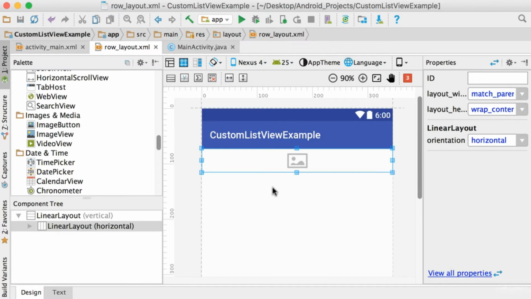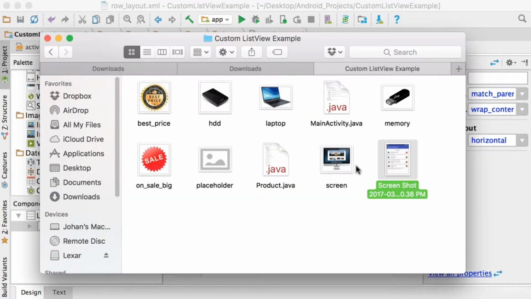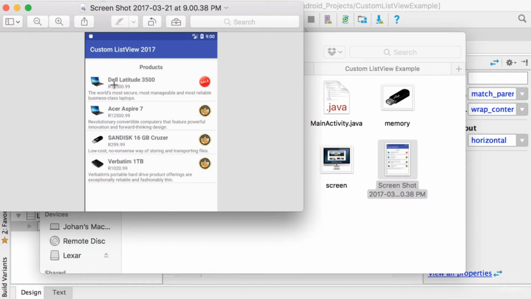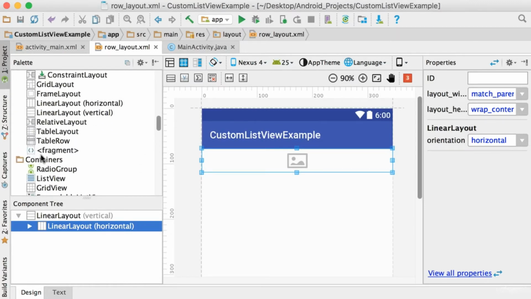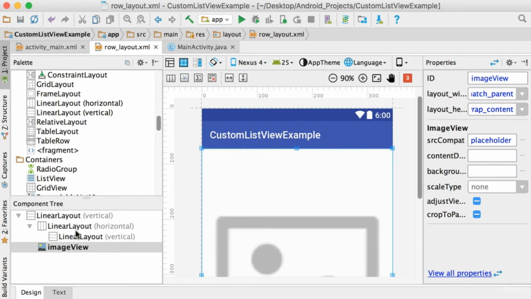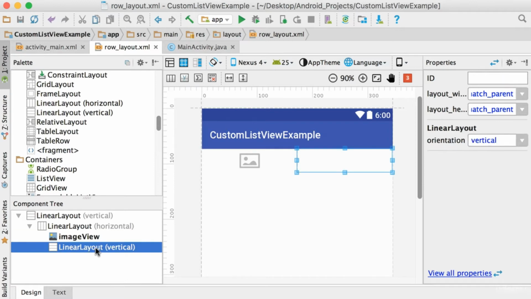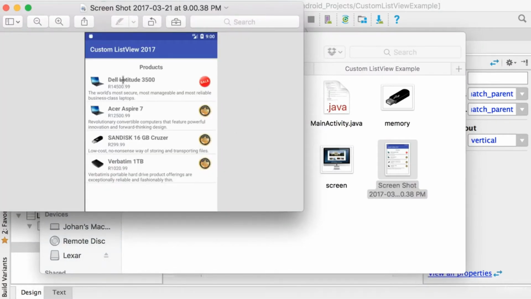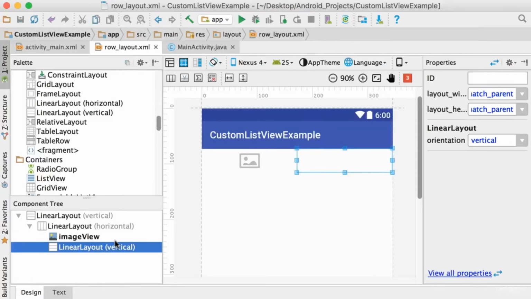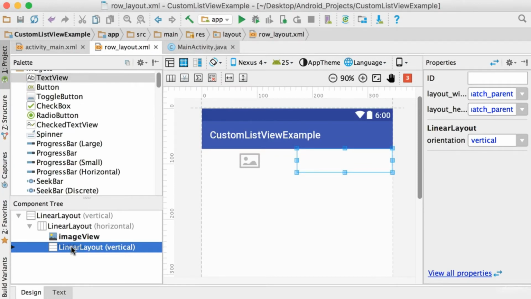Don't worry about that. After adding the picture, the next part that we need there is another linear layout that will be vertical. So let's do that quickly. So there's the linear layout that's vertical. I'm going to place that linear layout that's vertical underneath that image view. So the image view should be at the top, inside the linear layout. There's the image view, then the linear layout that's vertical. In the linear layout that's vertical, we place two text views. So let's go to the text views, drag in one text view, drag in another text view,